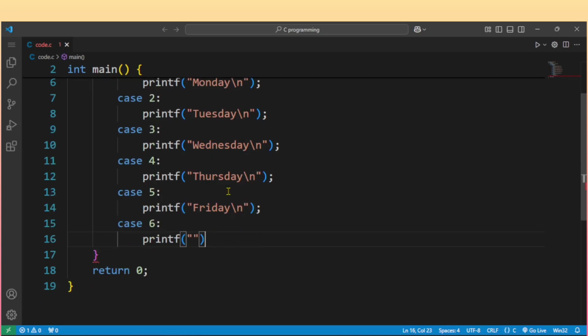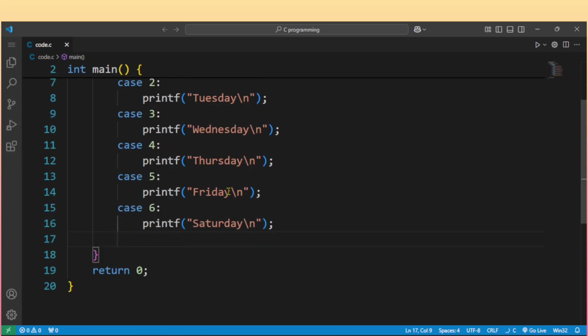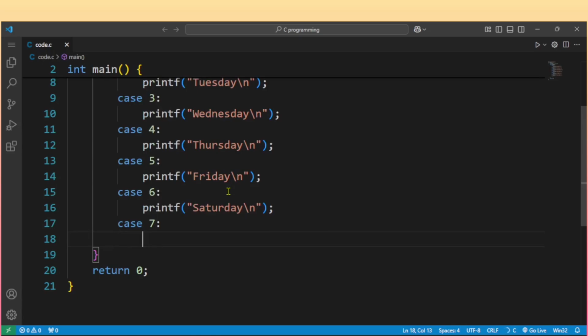Okay, and under this is Saturday, because day 6 is Saturday over here, and day 7 is Sunday. Okay, so let's say it is Sunday,